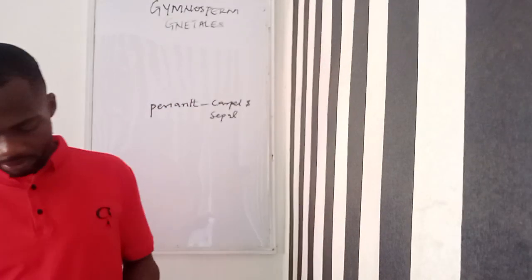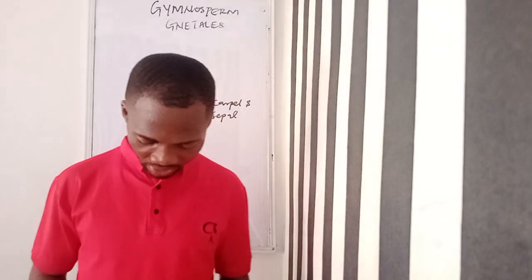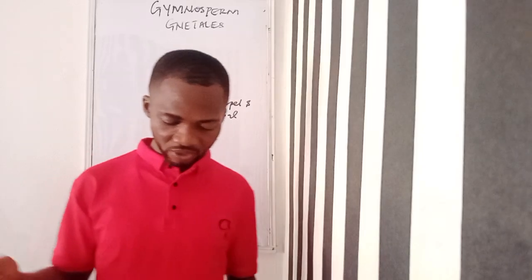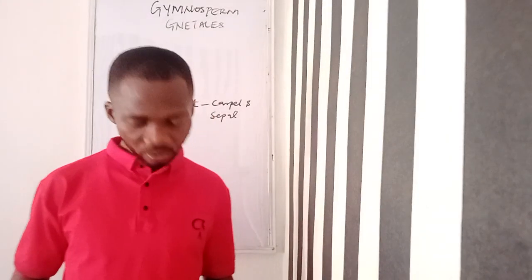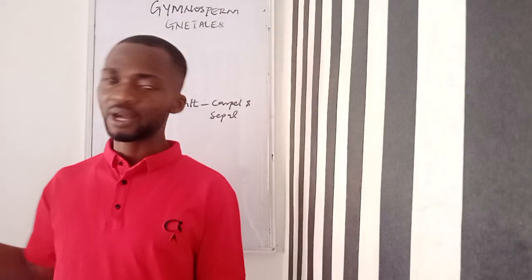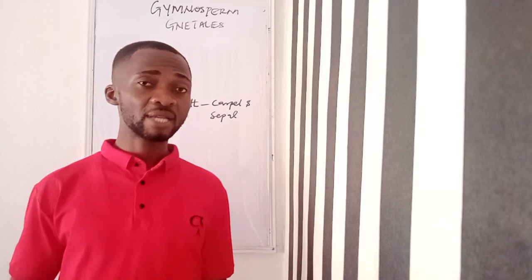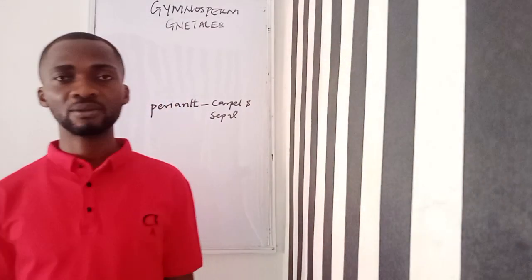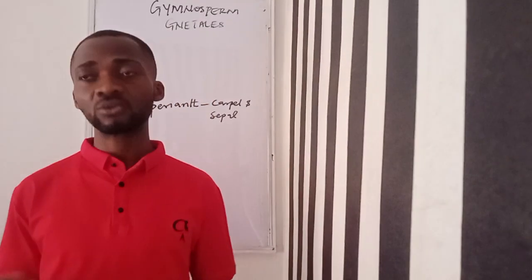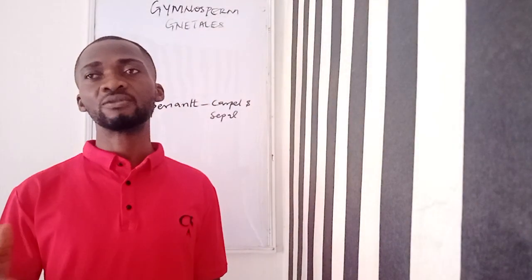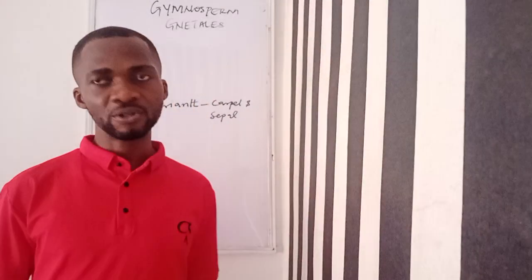The xylem of most angiosperms has vessels, whereas the xylem of most gymnosperms lacks vessels. I've explained that. The xylem of angiosperm, the majority of them, have vessels, they have tracheids, but that of gymnosperms lacks vessels, even though they have tracheids. Cotyledons are 2 to 15 in gymnosperm, and 1 to 2 in angiosperm. The number of cotyledons in gymnosperms ranges from 2 to 15, while that of angiosperms is very reduced, about